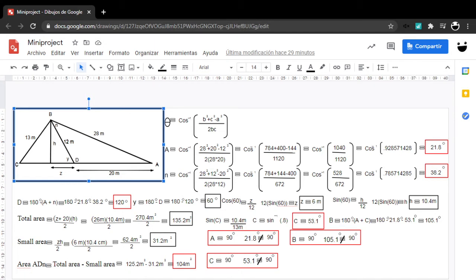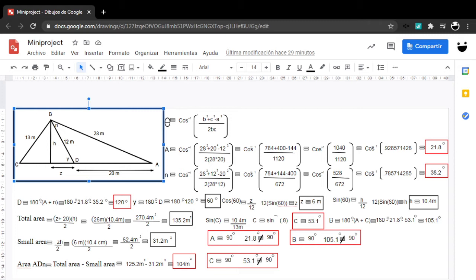Third, we have to find what the problem asks us. To this, first I will find the angle of the triangle ABD, but for this I will change the B to N because I will use B later. So first I will calculate A that is equal to arccosine of (28 squared plus 20 squared minus 12 squared) over (2 times 28 times 20). And that is equal to